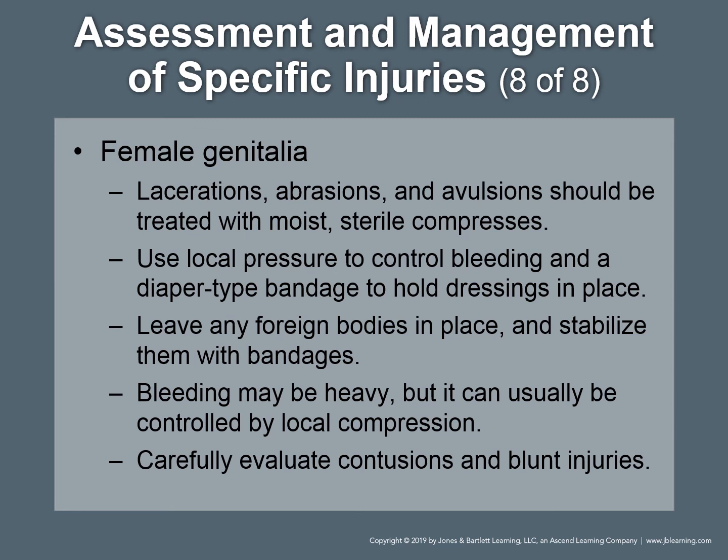Female genitalia: we do external exams and treat external injuries. We don't do anything for the inside of the female genitalia. We treat external bleeding by just holding pressure or putting some kind of sanitary pad there. If the bleeding is heavy, we'll do some local compression to the outside. Typically, we're good with that sanitary pad. If there's a foreign body there, leave it in place. Do not mess with it. And any part of the body that has contusions or swelling, we would elevate